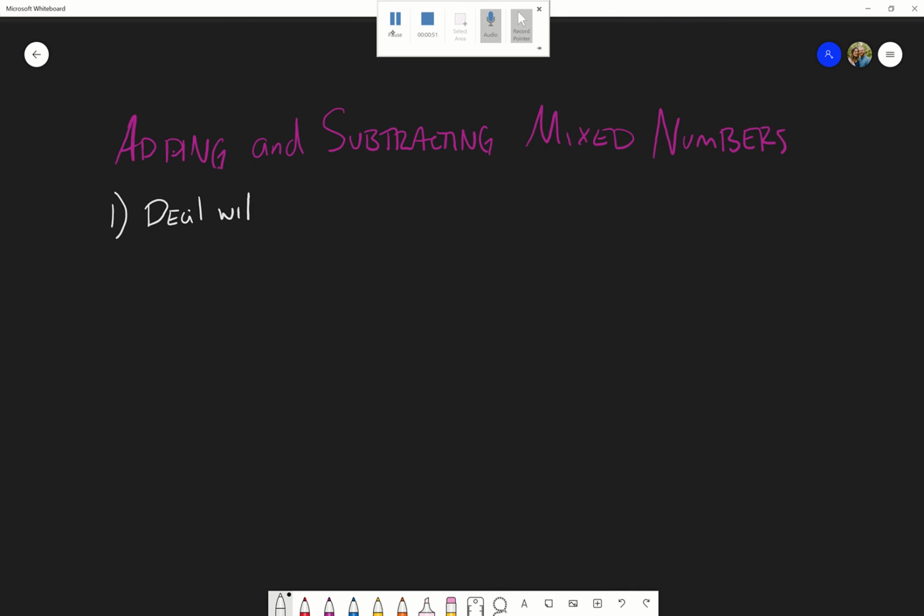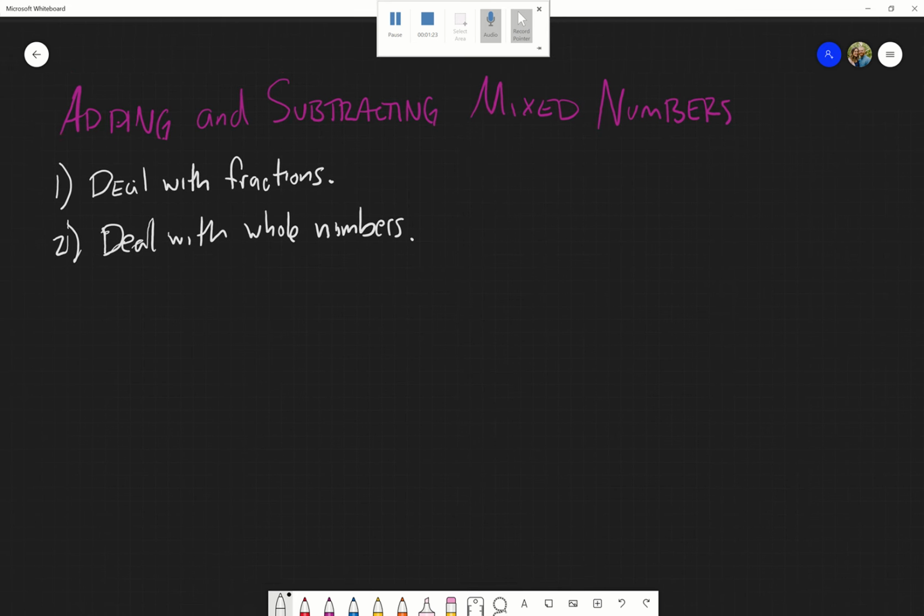First step, deal with fractions. We want to deal with our fractions first, and then step two, deal with whole numbers. Okay, deal with fractions, then we deal with the whole numbers. And I say deal with because I mean either we're adding or subtracting. Whatever we're doing, we're going to deal with our fractions first, and